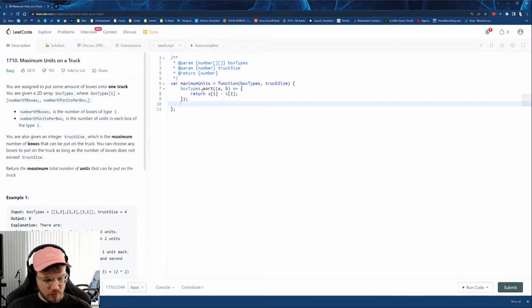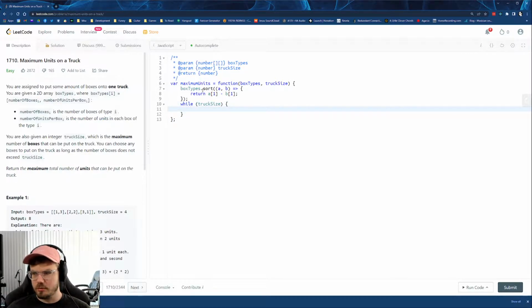And then while, let's see, while truck size, so while we still have room left on the truck. So this loop will keep running as long as truck size is greater than 0. What we'll do is,